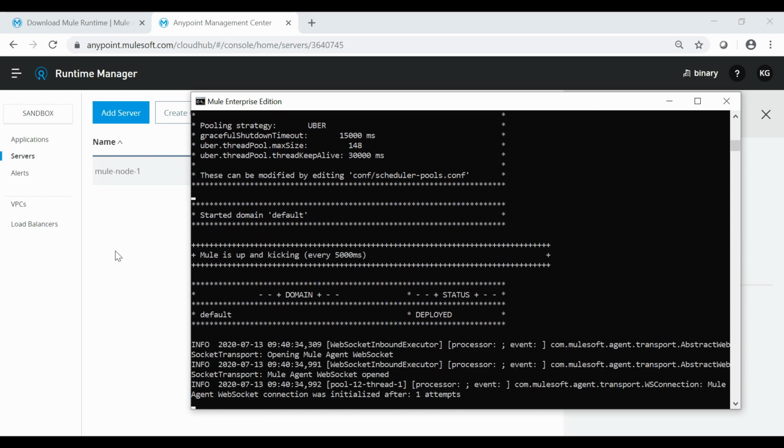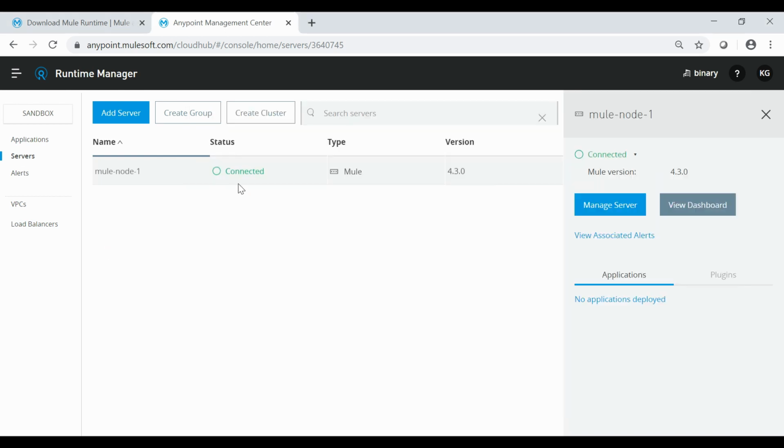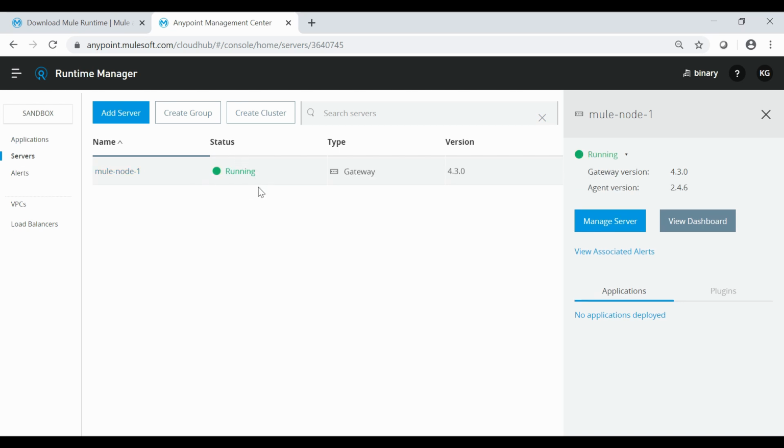Okay. Now let me see. Here we can see the status has changed to running. It means our Mule Node 1 server is in running status now.